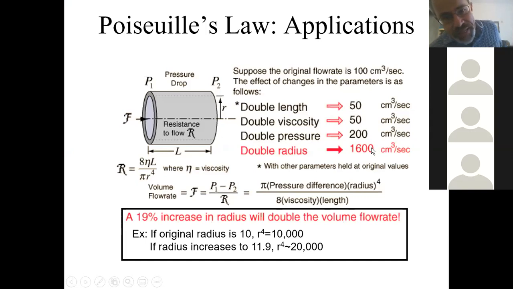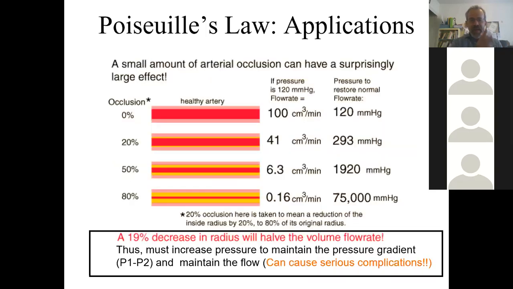Now, the reality is this is in a small vessel, right? If you look throughout the whole body, if a single vessel doubles in size, the flow rate's not going to increase 16-fold throughout the whole body, right? This is just kind of a localized thing, but it's still pretty interesting. Expanding on that, let's take a look at the pathological aspects of this. So here we've got a nice healthy artery, no plaque,